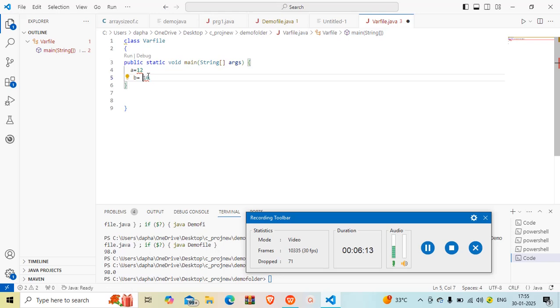Okay, we have stored those values in their data names: 12's data name is A, or technically variable name A, and 10 has a variable name B. We have stored 12 in A, 10 in B. Now every statement should end with a semicolon. But as per the syntax, we have to declare their data type also. Now 12 is obviously an integer value, so we have to take int for integer value here also.